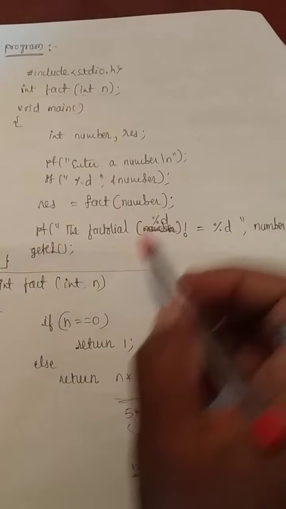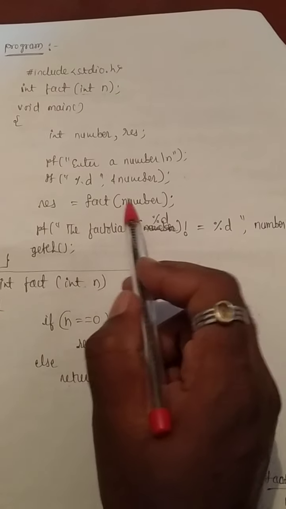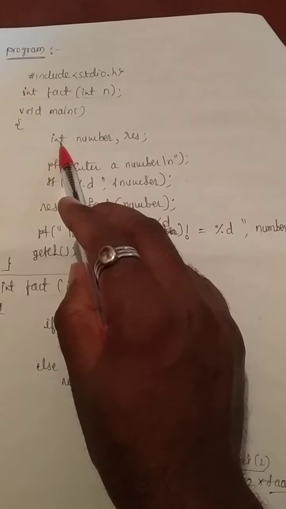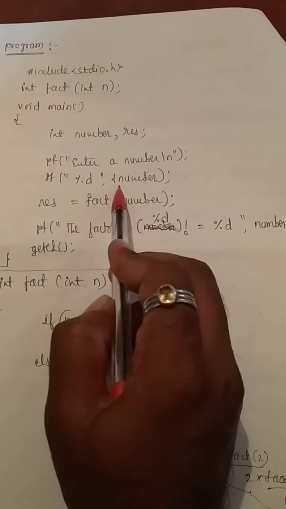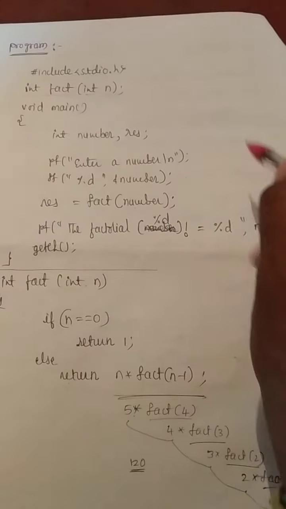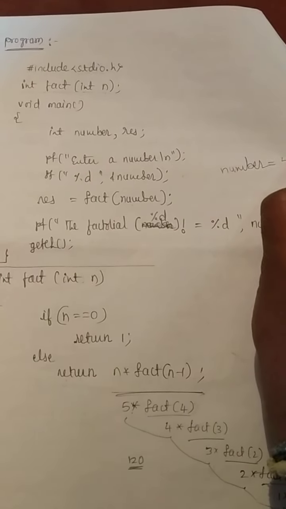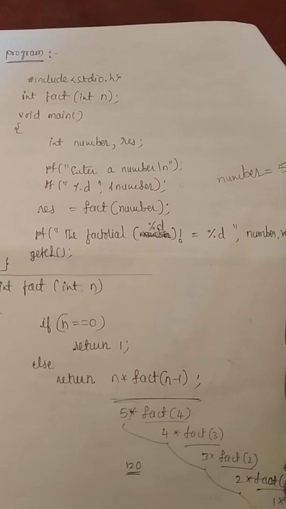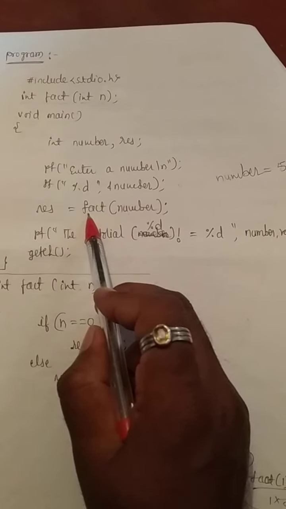Then inside the main function I will call a function called fact of number, right? So when I am having a parameter in this function, I should read this number before calling it. So declare some local variables called int number and result. printf enter a number, scanf %d ampersand number. It means you are entering one number using the scanf statement. Say suppose my number value is 5. It means my n value or number value is 5. It means I am going to find out the factorial of 5. So what happens? After reading the value, you are calling a function fact of number.